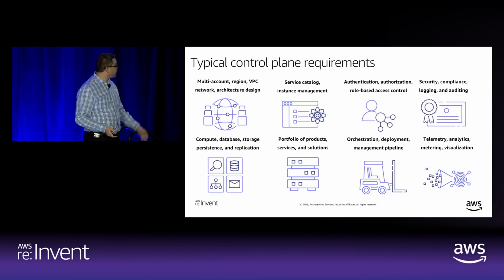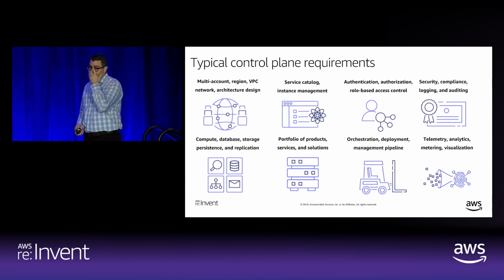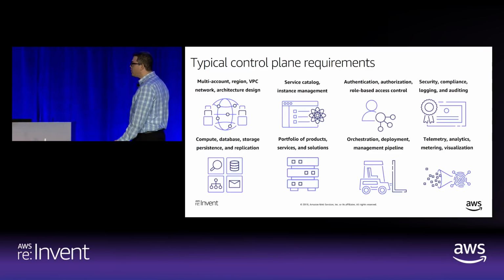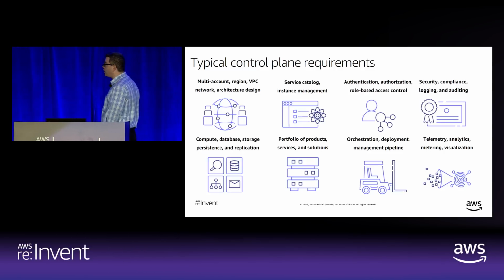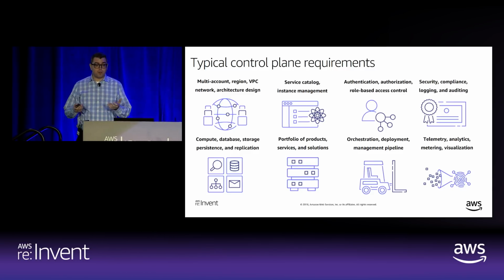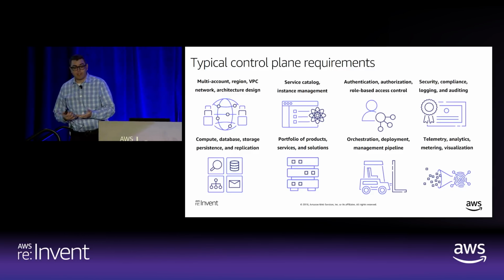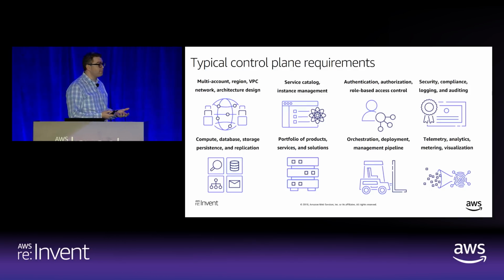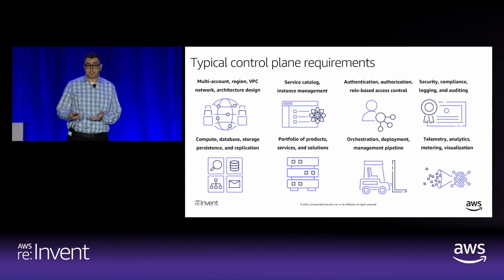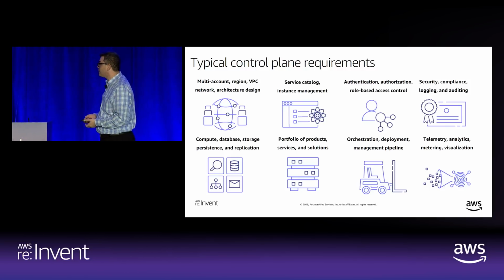So with that said, there's a large number of considerations you would need to think about. I already mentioned multi-region and VPC design considerations. You would want to be able to provision a service catalog to identify what products you're offering, what SKUs you're offering. If it's a relational database as a service that I mentioned earlier, that's a specific SKU. And there may be a SKU based on the corresponding instance and storage types that you're providing to your customers.